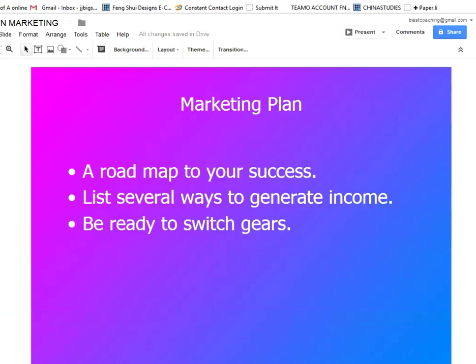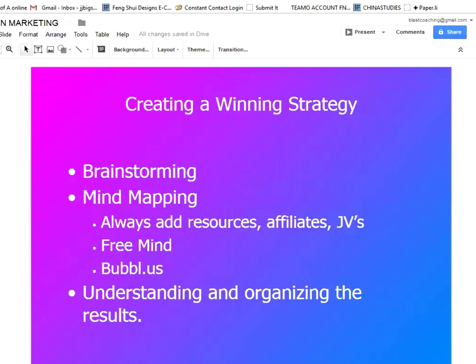What I mean by that is if you have a lot of different ideas on how you can market your practice, then you want to try and prioritize those ideas. And if you get stuck doing one, you have something else to fall back on. If you have a few different approaches to creating a successful business. So the marketing plan first is to come up with a winning strategy,